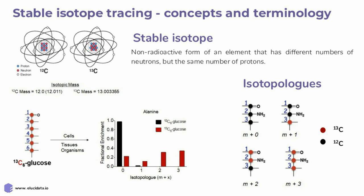The way an experiment is typically performed is that the tracer is introduced either in vitro into cell culture or given in vivo as a nutrient included in the diet or in an infusion. There have been experiments with animals as well as in humans. And the plot that you see here is a typical enrichment plot, and I will talk about it a little later, but just to give you an idea of what happens in SIRM experiments versus a non-labeled or classical metabolomics experiment. The black bar shows the non-labeled alanine, and as you can see, the